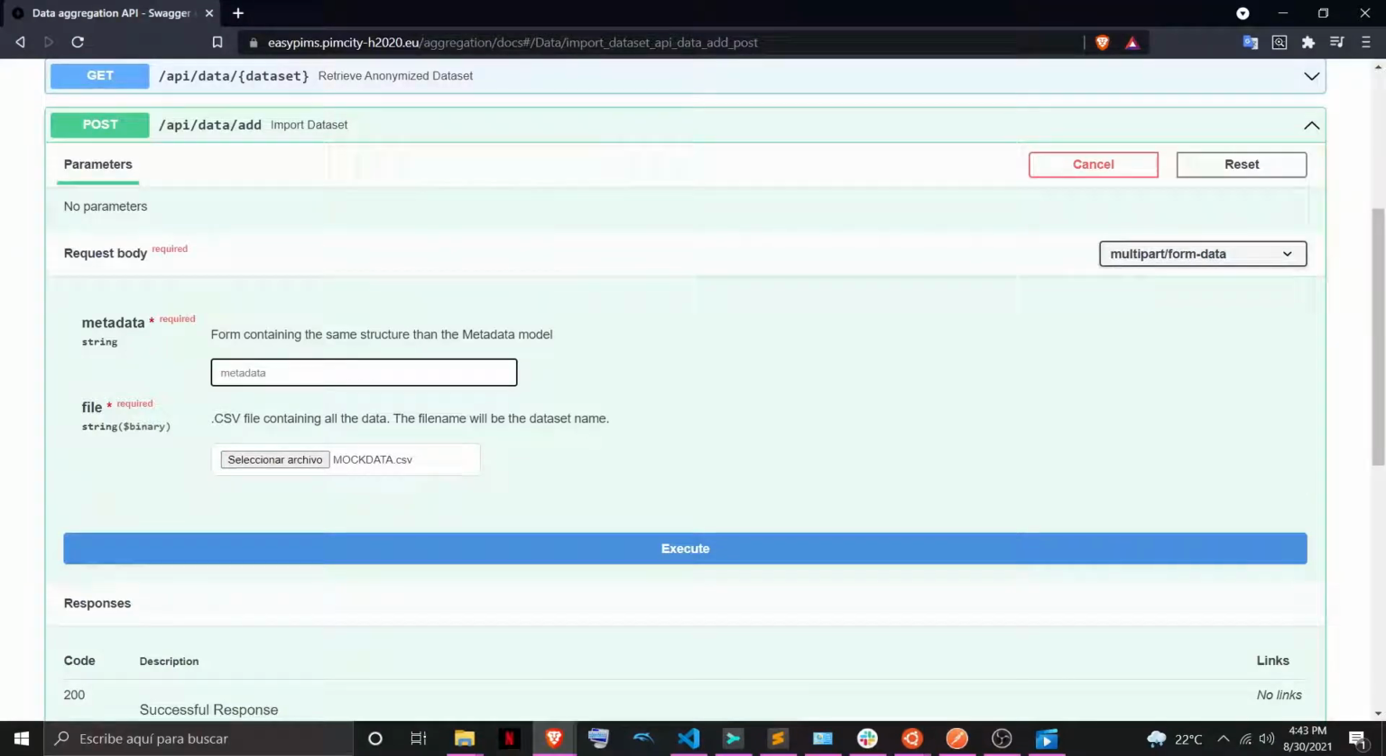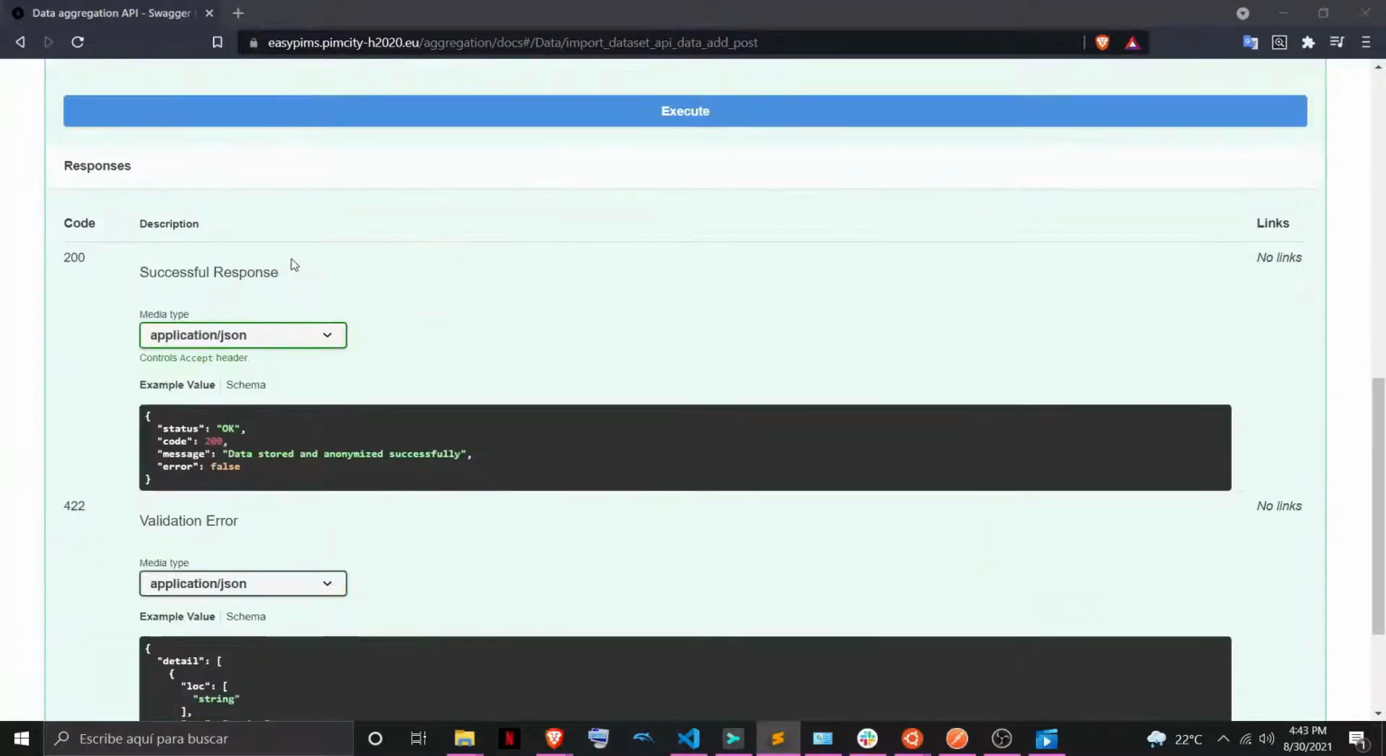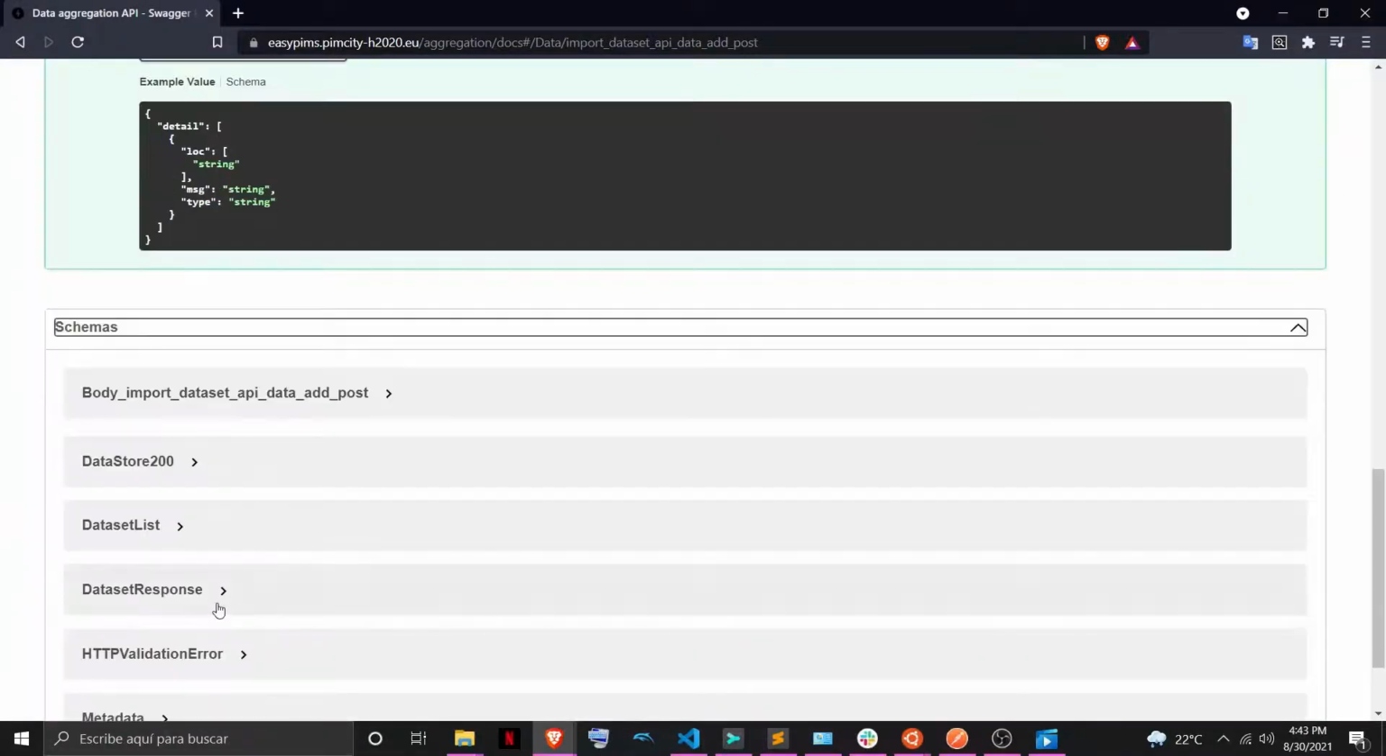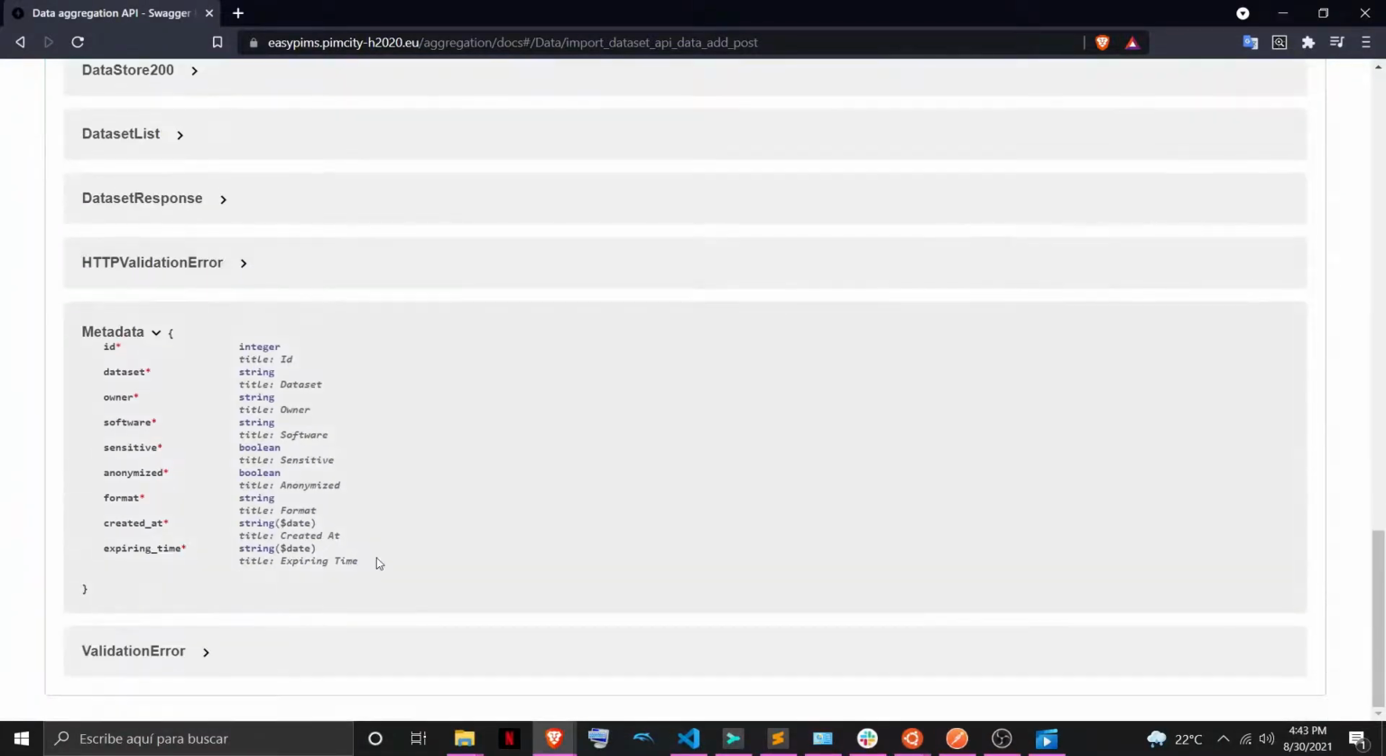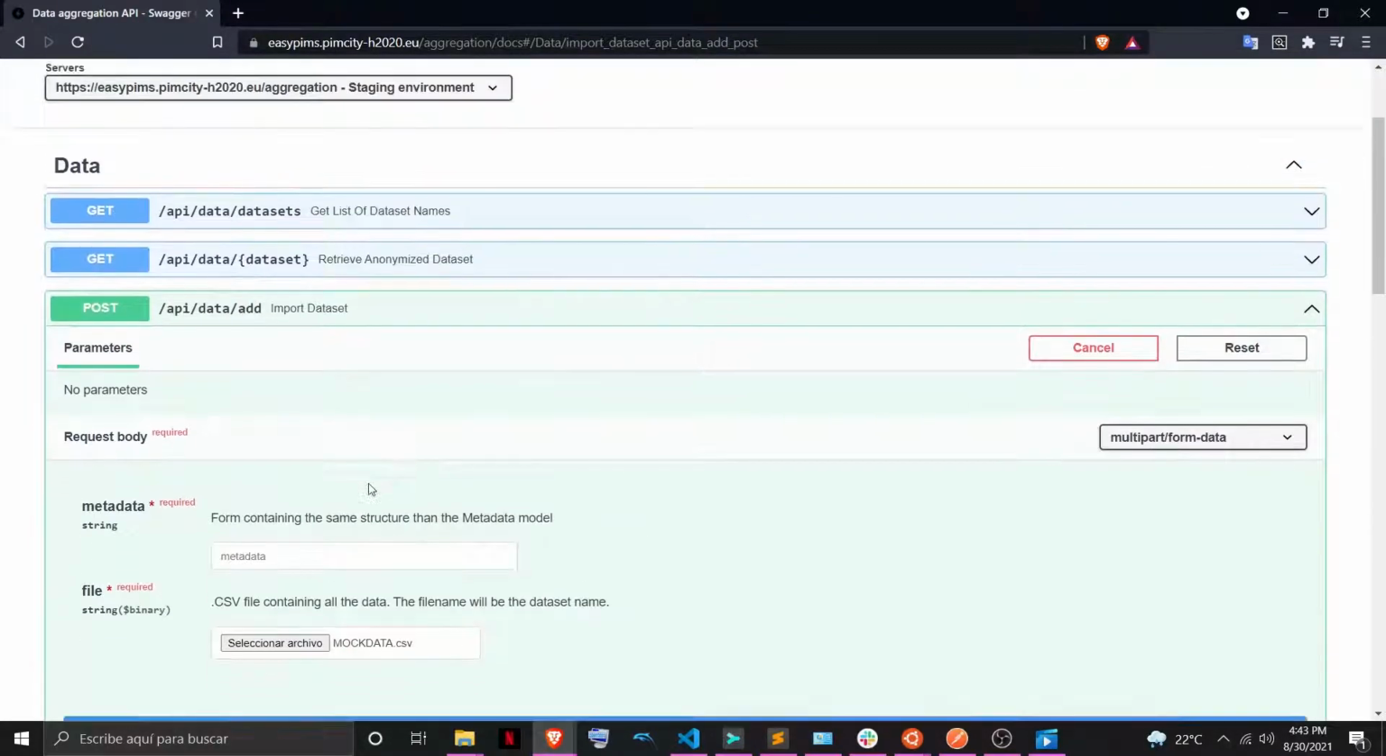Let's then add a metadata object. Okay, the model of the object is here in these schemas. It must have this structure, right? I have here hard-coded